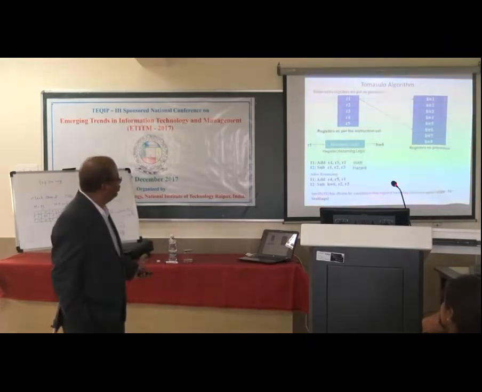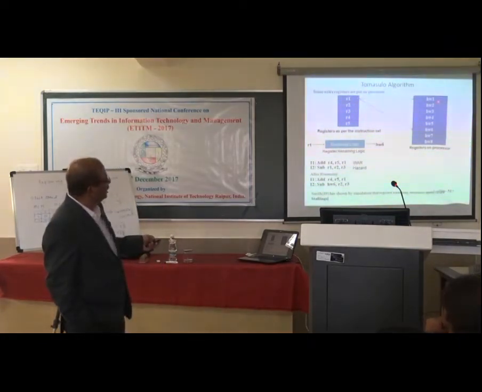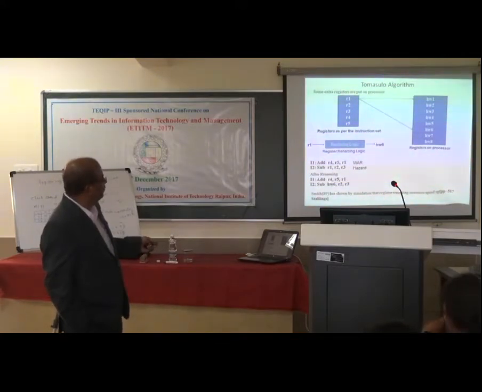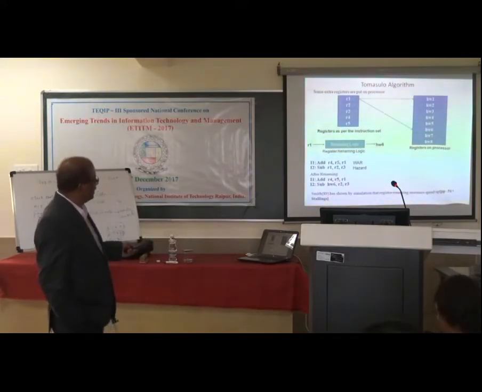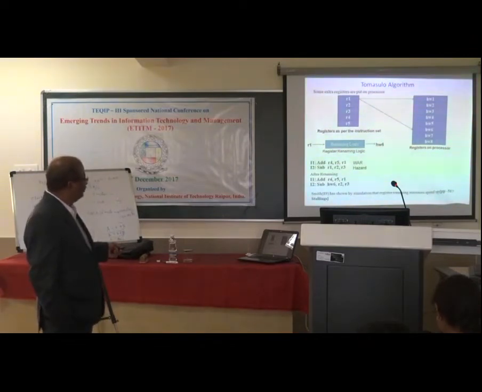Now what is done is that R1 is mapped to hardware register 1, R2 is mapped to hardware 2, then 3, 4, 5. So R1 is mapped to hardware 1 and here 6 also. This is called register renaming logic, and R1 is mapped to hardware 6. So I am giving you an example: Add R4, R5, R1 and Subtract R1, R2, R3. That means R5 plus R1 is stored in R4, and R2 minus R3 is stored in R1.